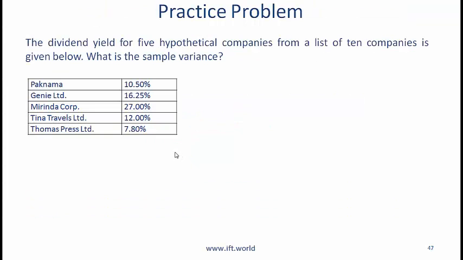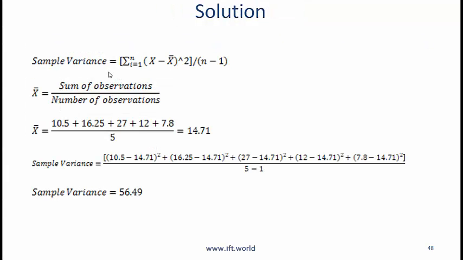Now let's do this problem. You are given the following companies and the dividend yield, which is very high, but nevertheless, let's look at these numbers. The sample variance, notice, is the same formula except for the n minus 1. X bar is the sum of observations divided by the number of observations. X bar is the symbol that we use for a sample mean,